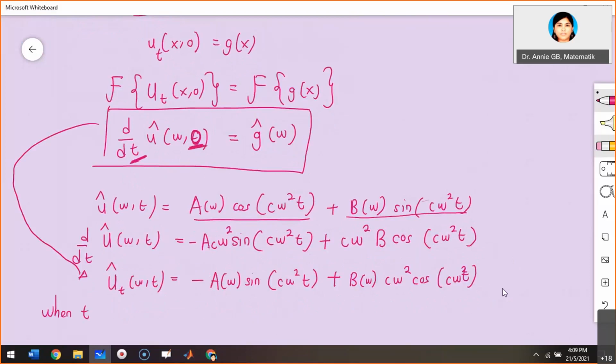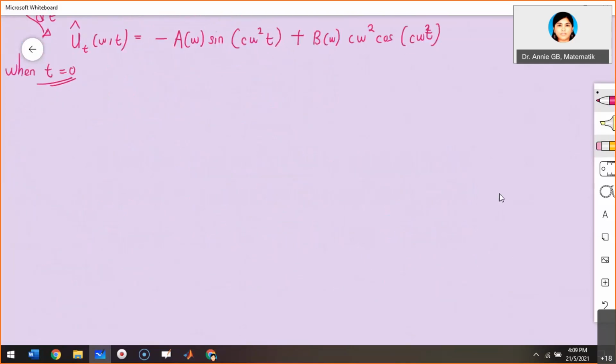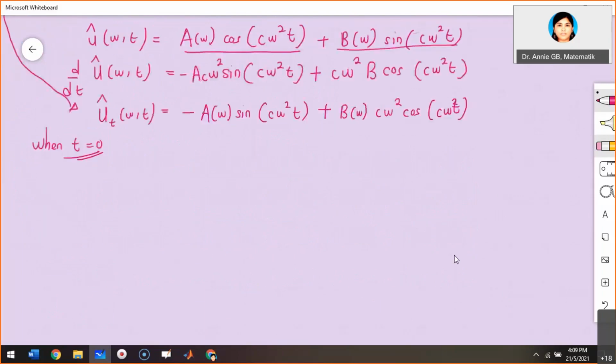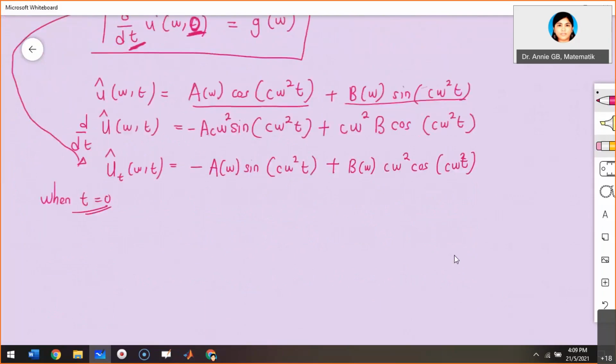When t equals 0, what happened? So kita nak tengok equation dia jadi apa. When t equals 0, kita ada u hat omega 0. Okay, apa berlaku? Sama juga kan? Sin bila t 0, yang ni kosong. Yang ni dapat 1. So kita akan dapat c omega squared b omega